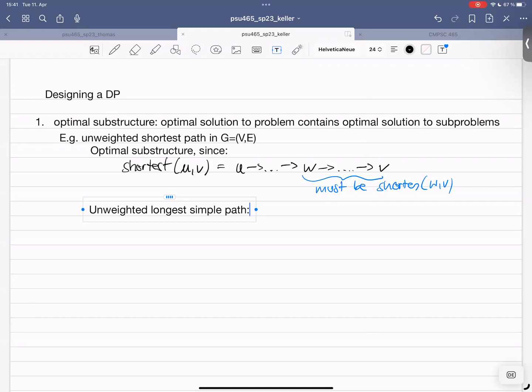Any other suggestions? It sounds very similar to the shortest path problem, right? And you would think that you could apply a very similar cut and paste argument, that if you look at some subpath, if this is not the longest, you could cut and paste for a longer one and get something better. But in fact, in this case, it's not. It doesn't have optimal substructure,